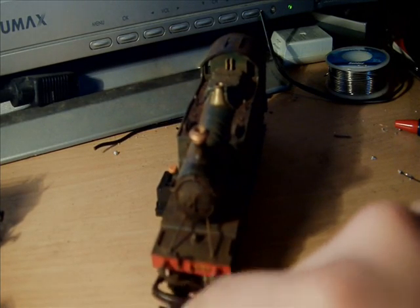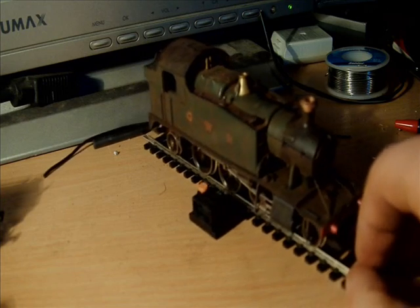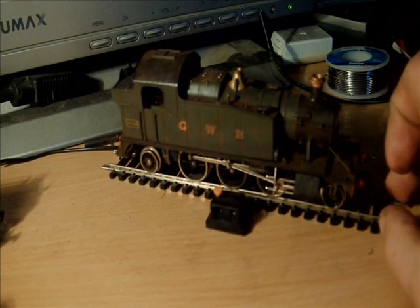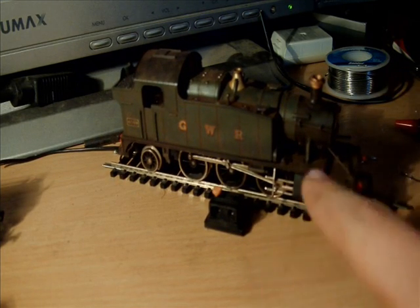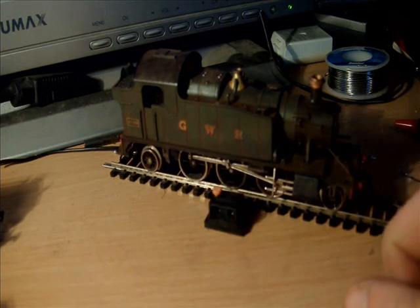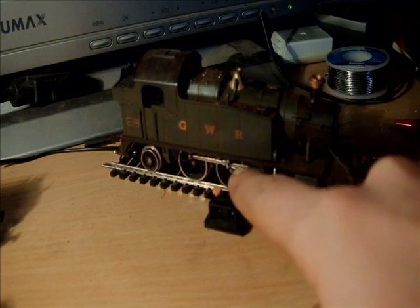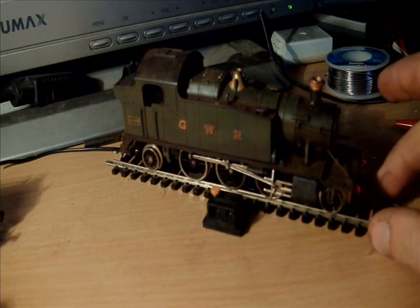There's nothing special about the weathering. Oh, hang on, knock the wheels off. There we go. There's nothing special. I've just used weathering powders, and they work really well. But you can see, especially at that angle, the light hits it really well. All the dirt around all the nuts and all the rivets and so on. Good bit of dirt around there. It doesn't pick up the wheels too well because they're black anyway, but they've got a coating of,